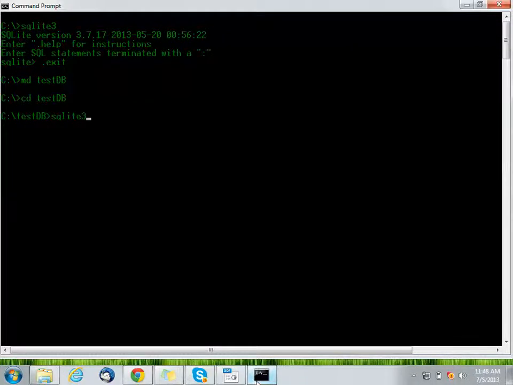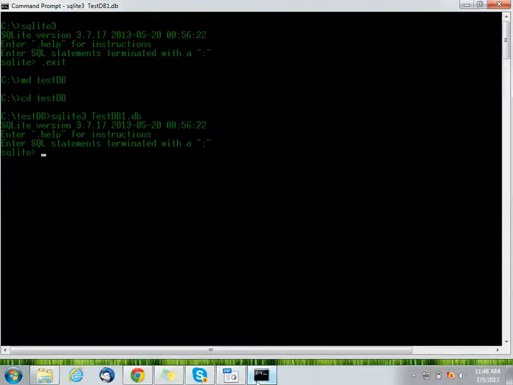SQLite 3, space, the database name. So let's call it testdb1, and the extension could be anything, whichever you like. So we'll go for db. Okay.